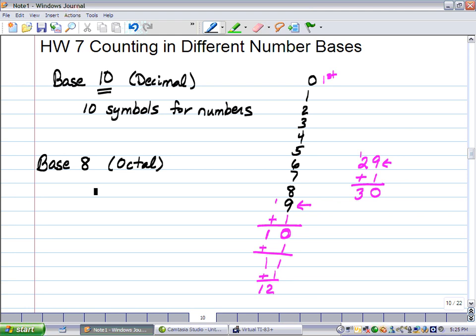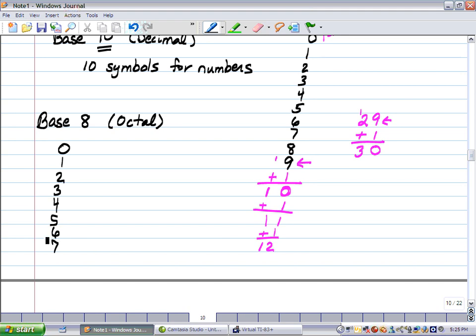Okay, so there's going to be 8 symbols. What are those symbols going to be? 0, 1, 2, 3, 4, 5, 6, and 7. So the biggest symbol that we're going to have in base 8 is 7. What's going to come after 7? Well, we're at the last symbol, so we're going to put a 0 and carry 1. So after 7 comes 1, 0. Okay, then we add 1. We add another one, we add another one,